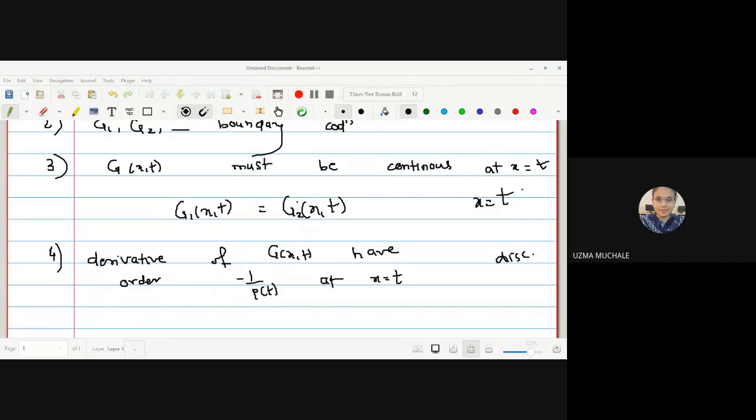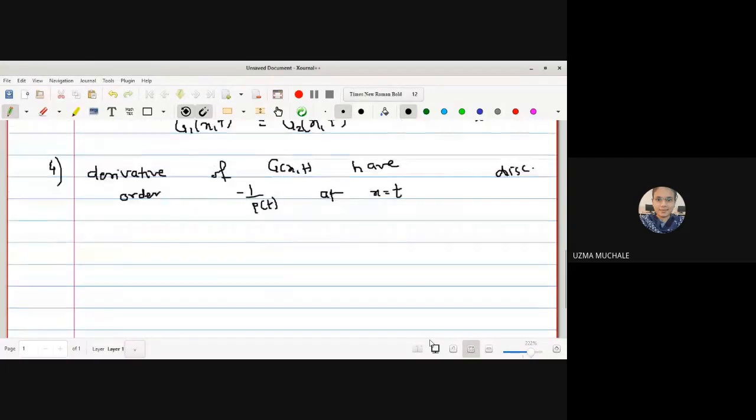Actually this p of t is nothing but the coefficient of your second derivative. Whatever may be the coefficient of the second derivative, that is your p of t. And what do you mean by it has a discontinuity of order minus 1 upon p of t? The derivative of g of x,t has a discontinuity of magnitude minus 1 upon p of t, which we can write as